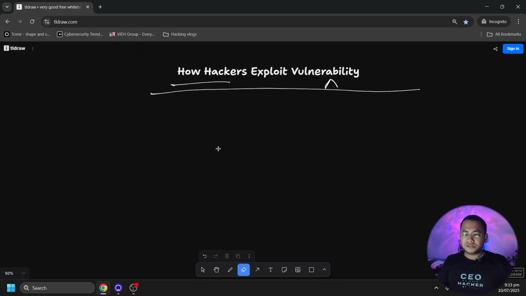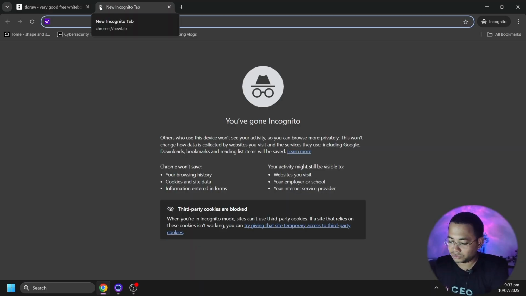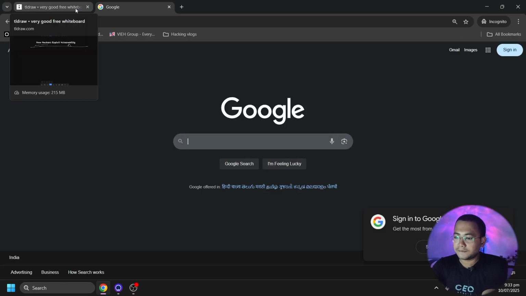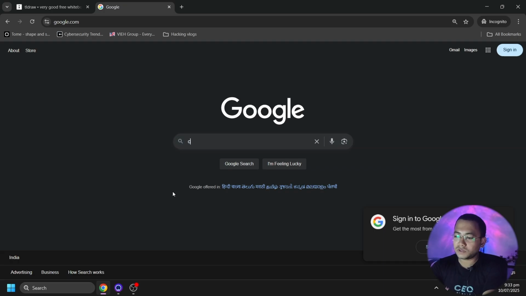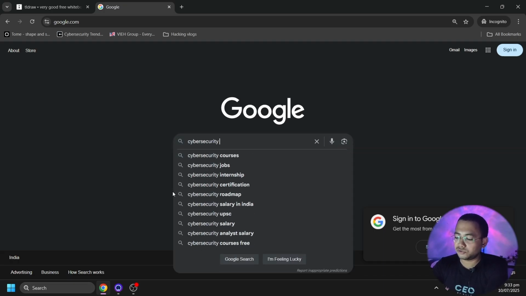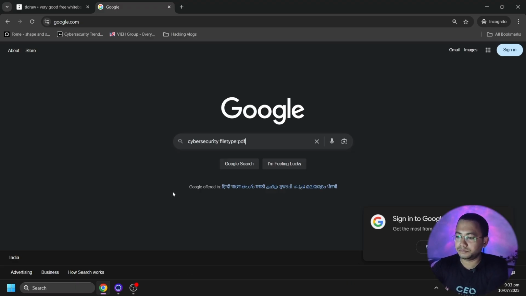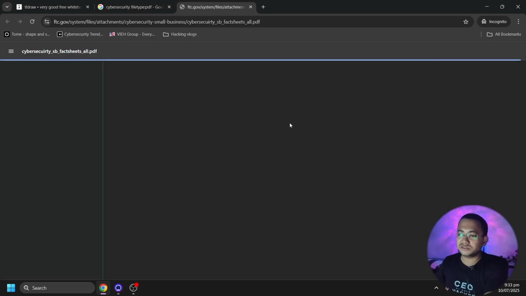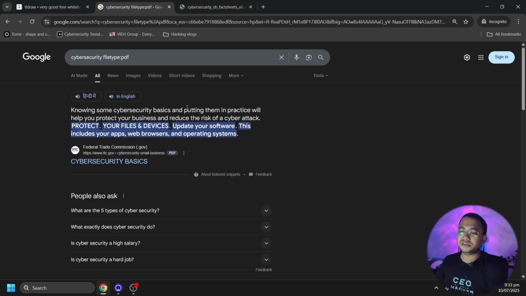Then default credentials, if there are any. You can find them with Google Dorking, which basically means searching in a specific way. I'm not going to show you anything offensive. Let's say you search for cyber security and you want the results to be PDF only, then you type filetype:PDF. All the results you see are PDFs. Like cybersecurity basics, if you click on open link, this is a PDF, right? This is how Google Dorking works.